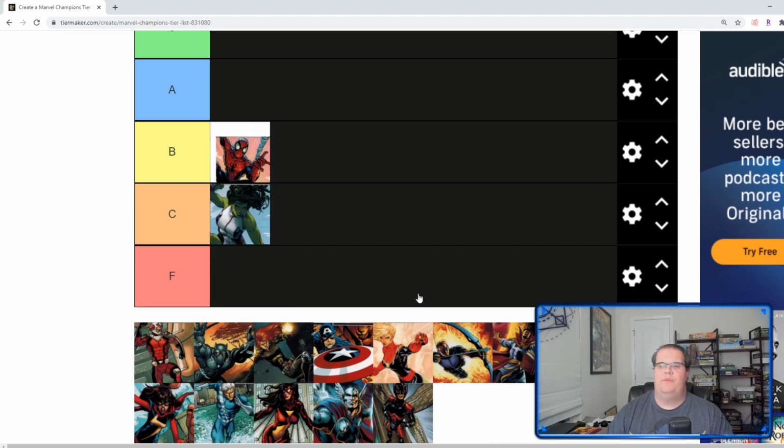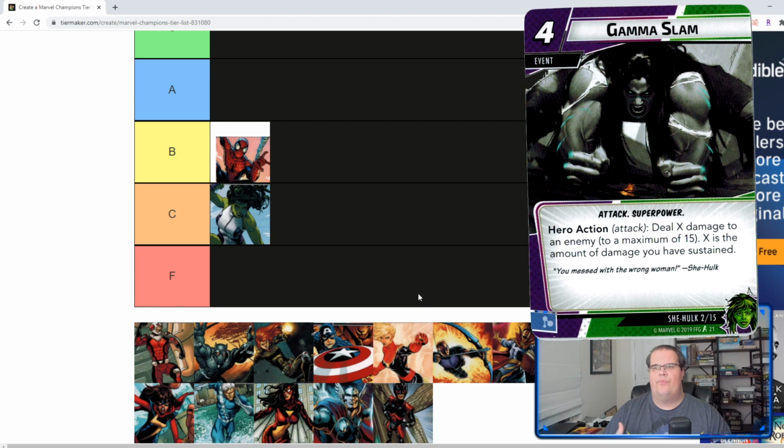And the reason for this is a few things. 1, in most heroes, you have a hand size of 6 in your alter ego form, 5 in your hero form. She-Hulk's hand size is a 4. So right away, she's at a 1 card disadvantage, which puts her behind. Her main card engine effect is Focus Rage to draw those cards to kind of catch up with other players. And she does have the Gamma Slam that can do potentially up to 14 points of damage if you